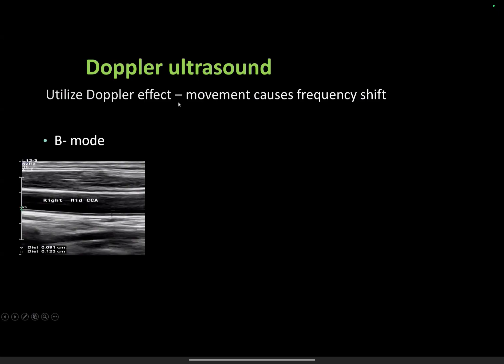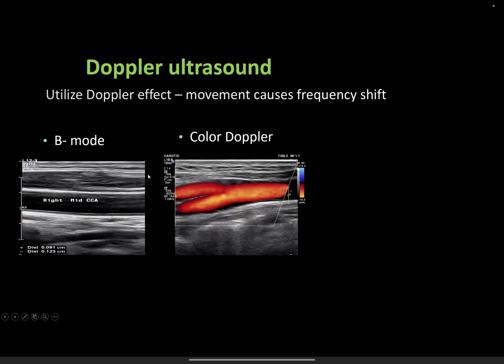So first of all, we examine any vessel in B mode to see the details of the lumen, the arterial wall, and perivascular structures. Is there any abnormality in the wall, lumen, or perivascular area? So B mode examination is a first step in evaluation, and then we apply the color Doppler application, in which